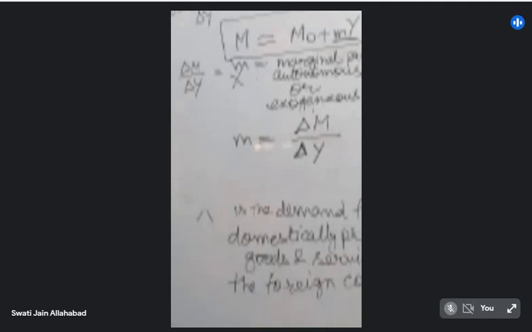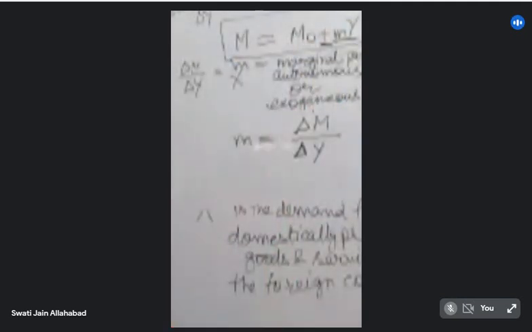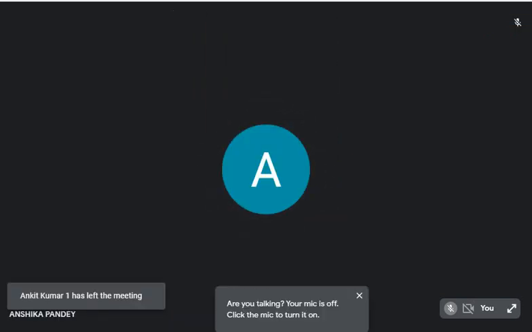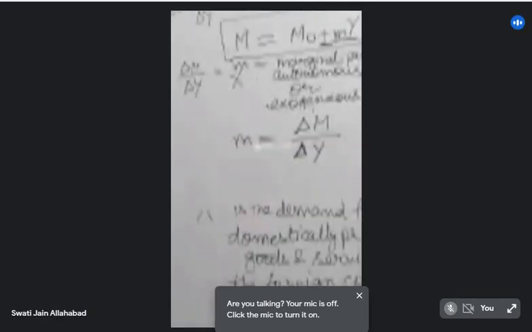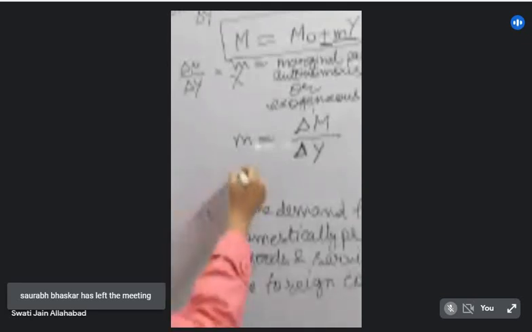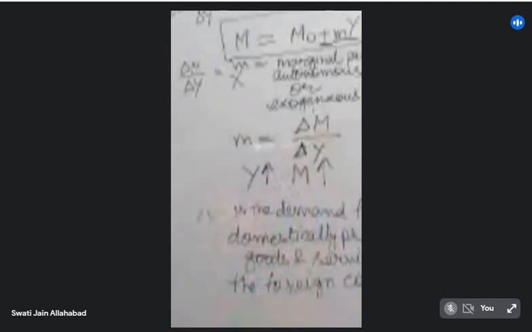Now there is one more thing which you should be careful of. See the sign here. What is the sign before My? Plus, the addition sign. It indicates that import has a positive relationship with income. As the income level rises, as Y increases, M will increase. And for every country, this remains the same. As the level of income goes up, import goes up. So therefore, you have a plus sign.